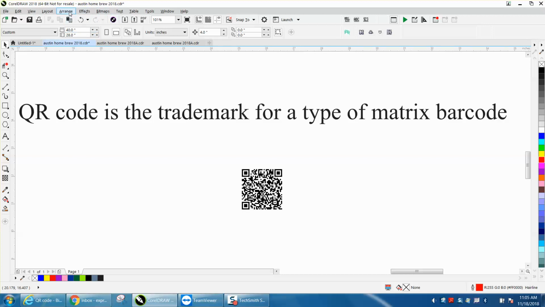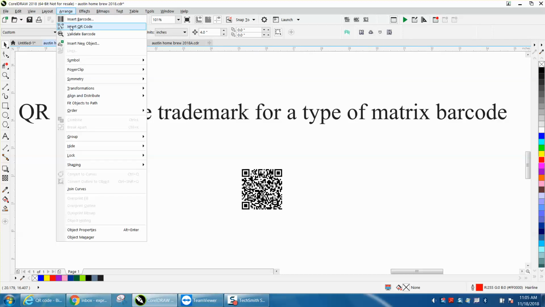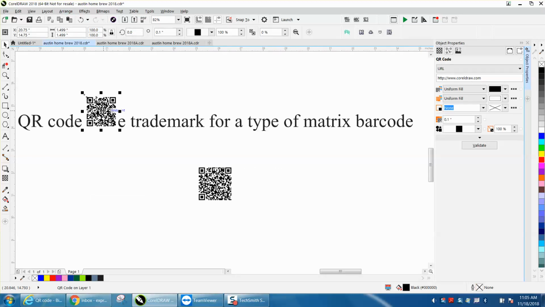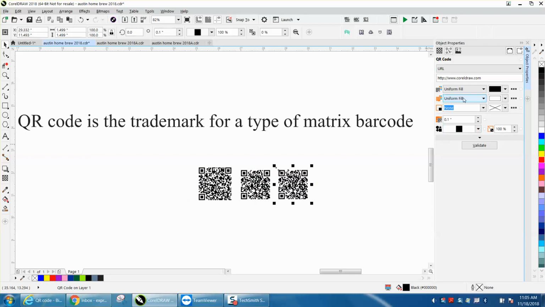If you go to Arrange, Insert QR code, it's going to insert a code, and it will also open up a Docker. This code is for CorelDraw.com. Now, you can write your own website, and I wrote my website, so I'm going to take this one, make a duplicate of it, Control D, and change this one to my website,